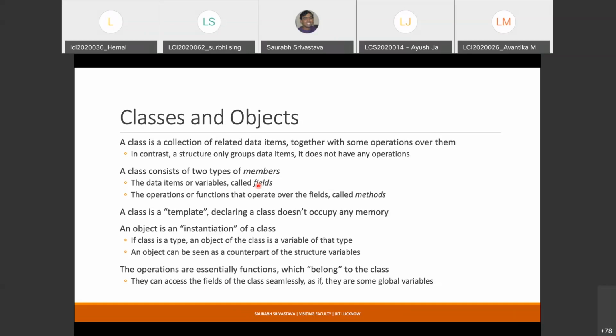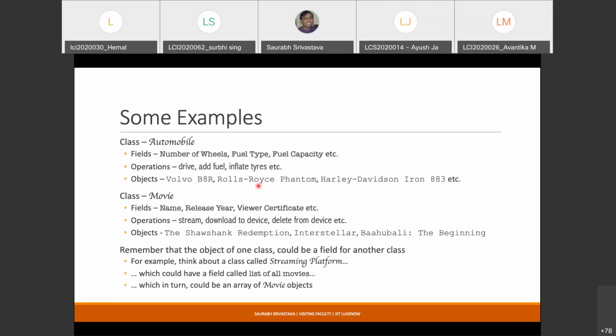There is a structure which has some member variables, and now there are some functions where you don't really need to pass the structure variable; you can basically directly access the fields of that structure variable. I know it might be a little confusing right now, but as we keep on moving forward, you'll get the idea of what exactly is meant by operations. Let us see some examples before we go ahead.